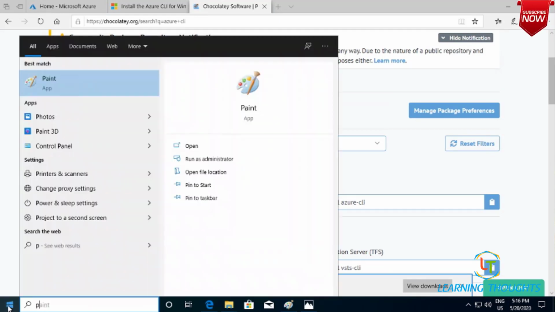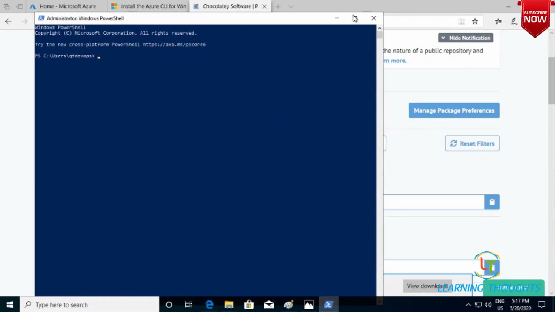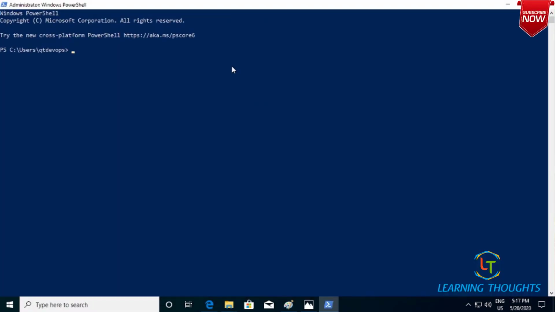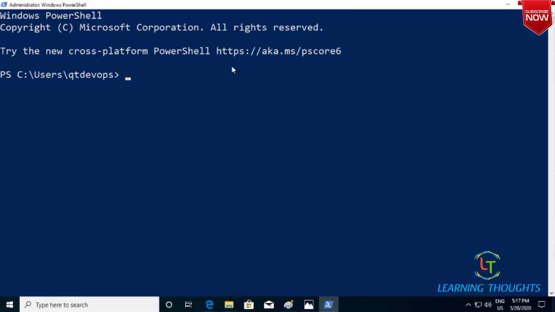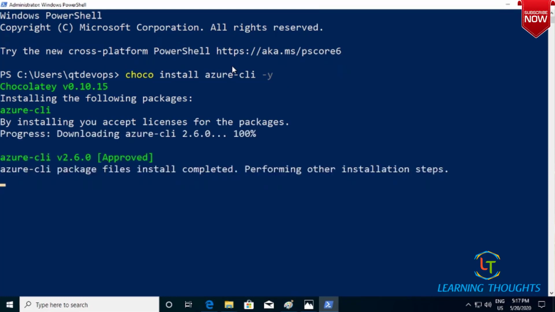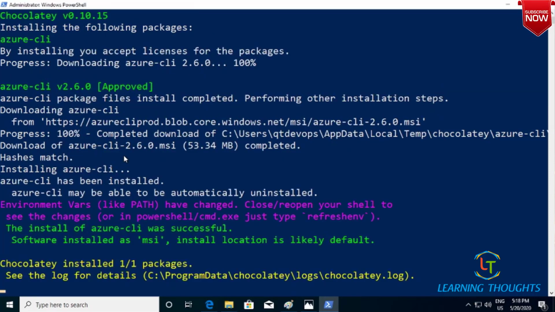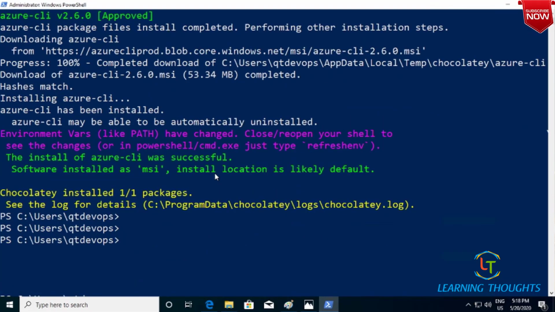So I'll be opening PowerShell as an administrator. Let me increase the font size for better visibility, and then I'll be executing choco install azure-cli -y. Wonderful. Now Chocolatey says Azure CLI has been installed.